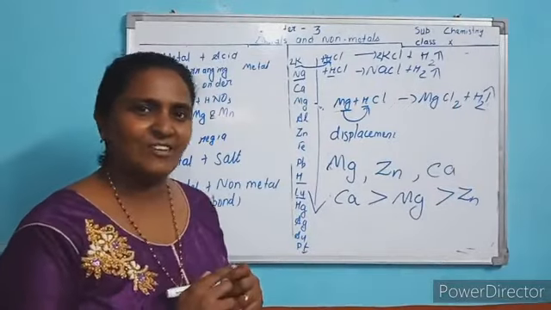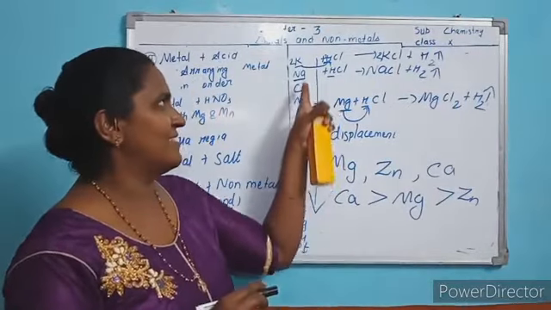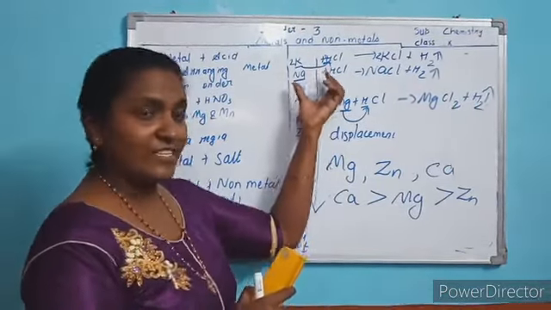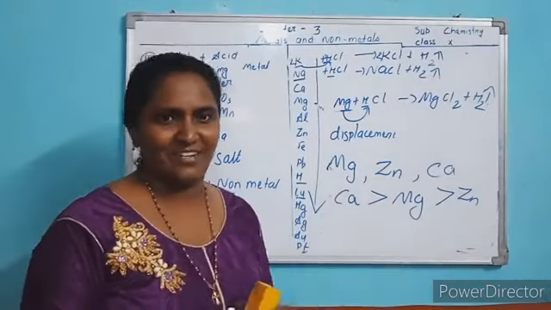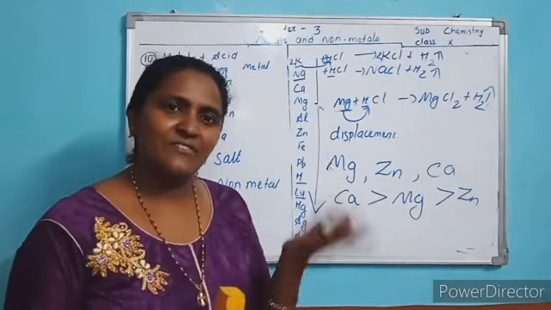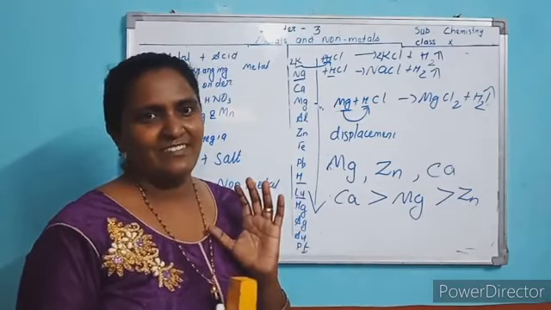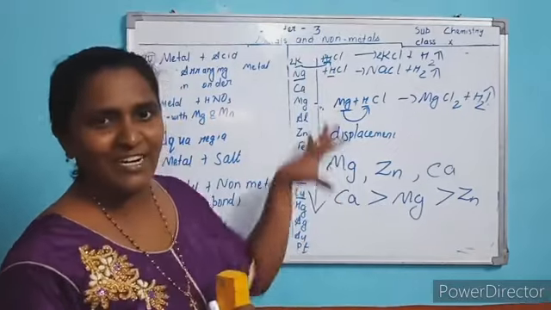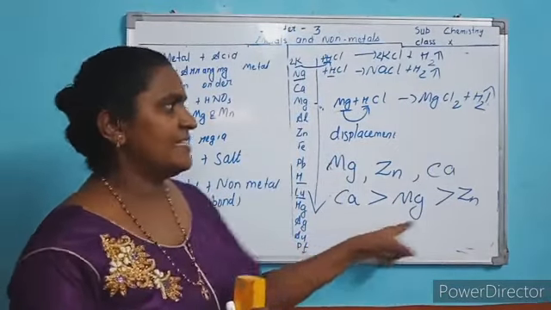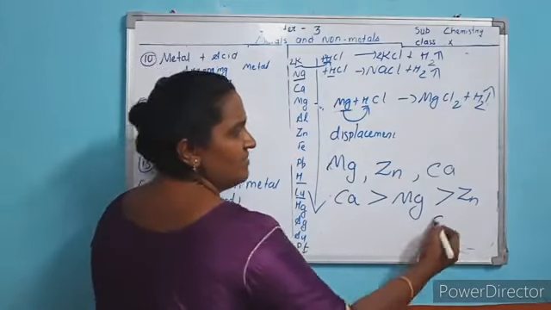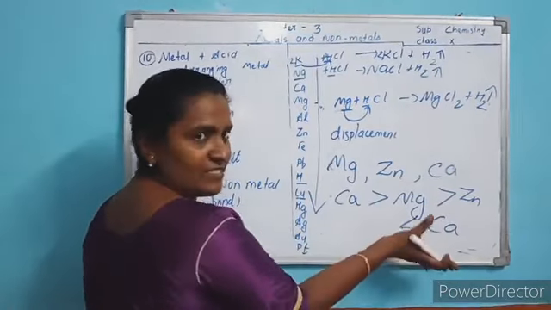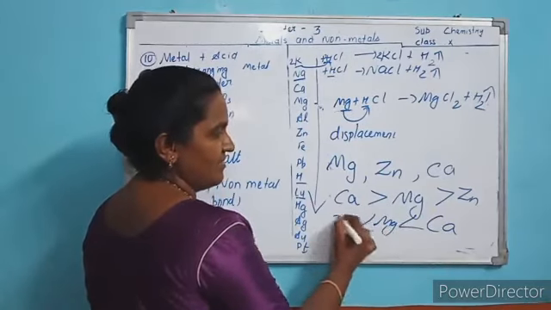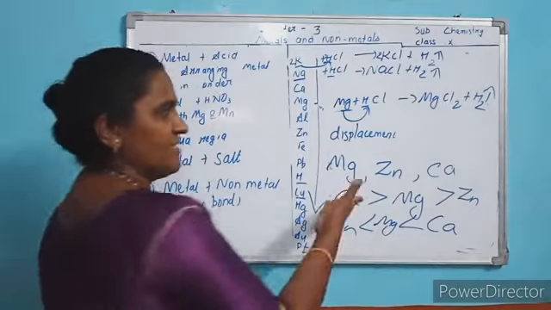Who is the highly reactive element? Calcium, because it is top in the series. And then magnesium, then zinc. Can you write? So further you study this series, then only you can arrange in order. The top one is always very fast in reaction, highly reactive. You see the series and accordingly you arrange. If it is decreasing order, you write the topmost first. That is decreasing order; increasing order is the reverse: zinc, magnesium, calcium.